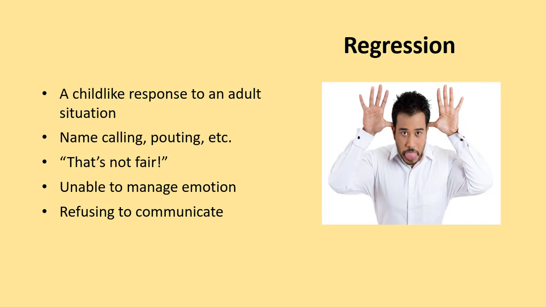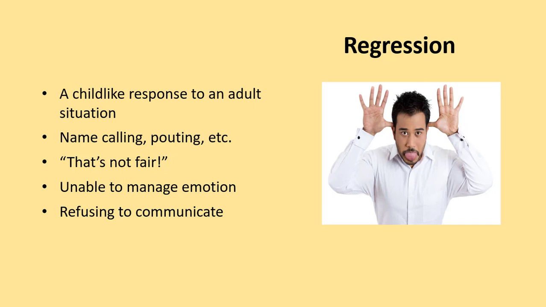We were all little kids once, and things often feel unfair when we're little, and usually they are unfair when we're little, right? And if you take something away from a child, or you say you can't do that until after dinner, or I'm taking that toy away from you because you're not using it, right? That's not fair, right? Kids get real upset. Kids are also unable to manage their emotions. They often refuse to communicate, right? So you're trying to talk to a little kid and explain their behavior and that you're trying to help them, and they just won't talk to you, right?